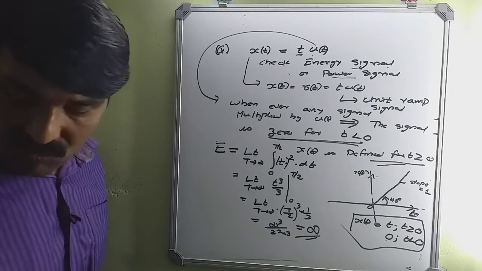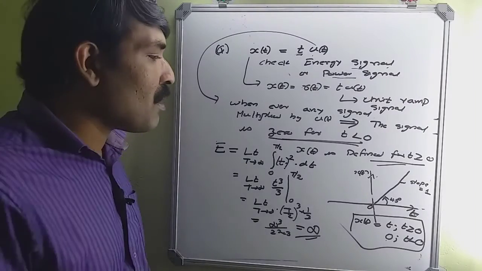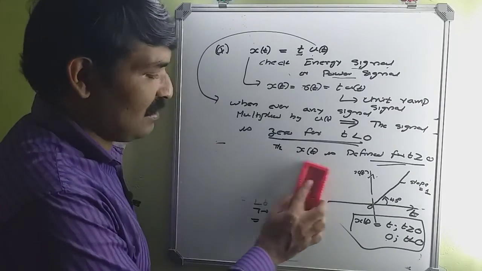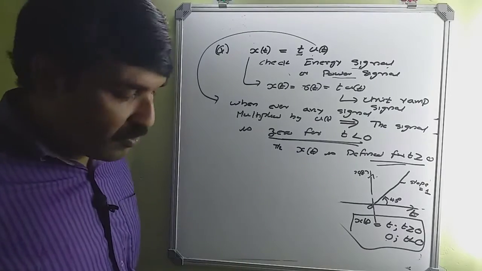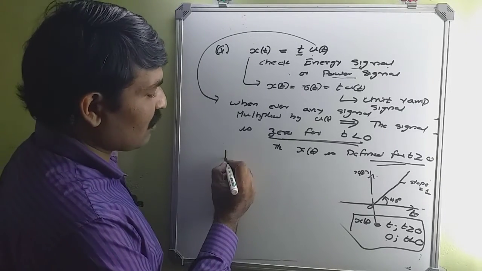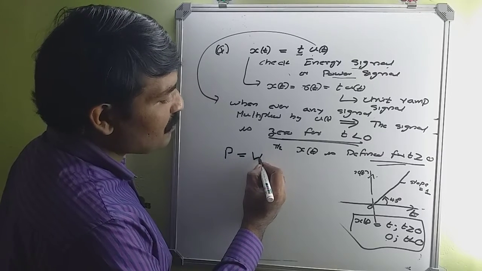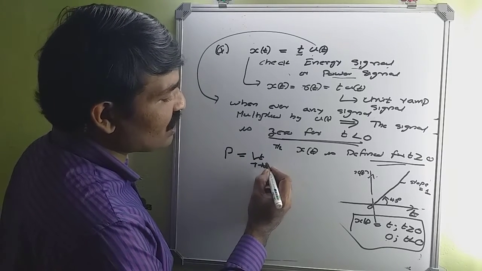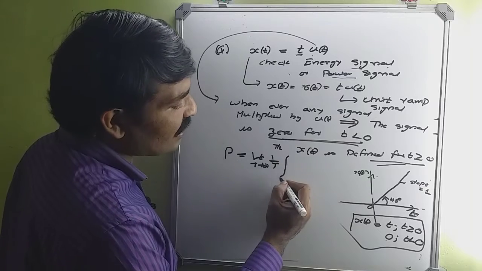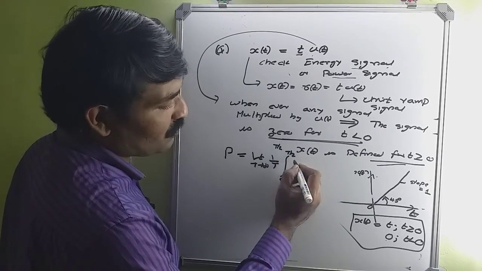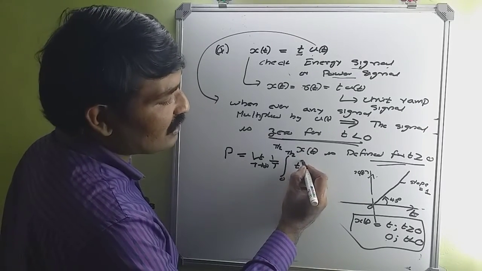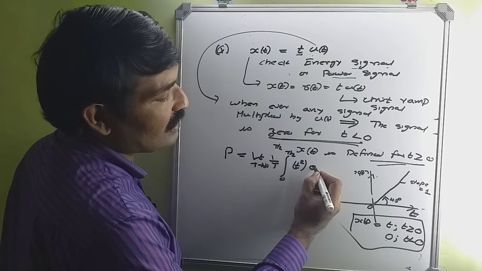Now, let us check what is the power associated with the signal. Now, to check the power, what is the expression for power? Average power P is equal to limit t tends to infinity 1 by t integral 0 to t by 2 x square t, that is t square dt,